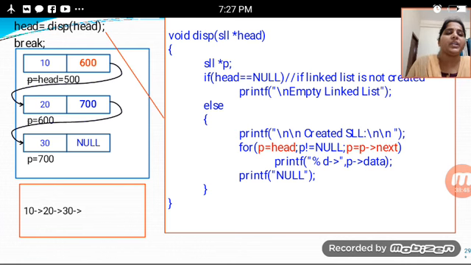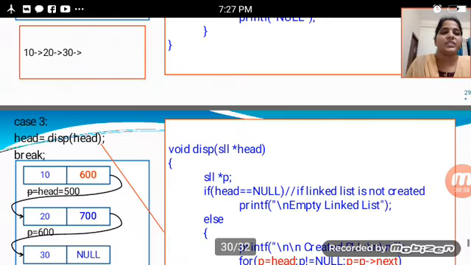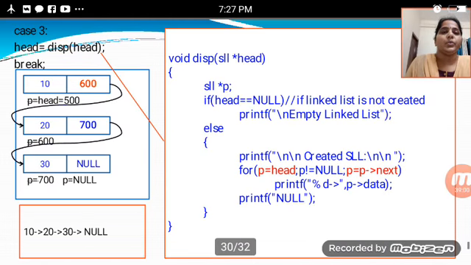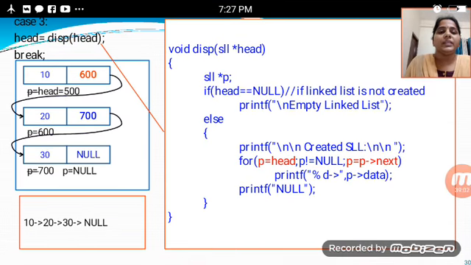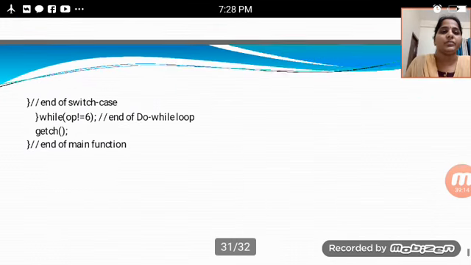The same code as shown above for this declaration, if condition, else part, and printf is null, which is a display for the node. We have not indicated the null here. Same thing, single linked list pointer, if head is equal to null, linked list is not created, same thing which is having null pointer will be there.